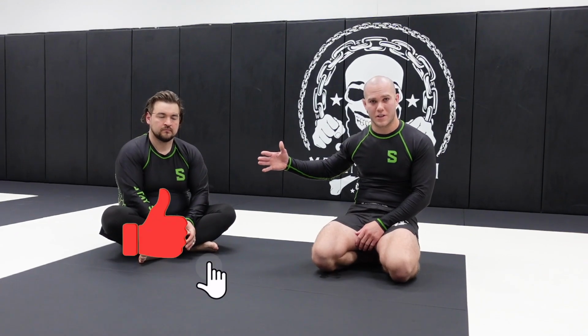Side control is a very common position that you may find yourself in on the ground, especially if it's someone that isn't too experienced in the grappling world. They might just try and squeeze and hold on to you. They might try and just throw punches to you. There's a million different ways that you can use to get out of side control position and get back up